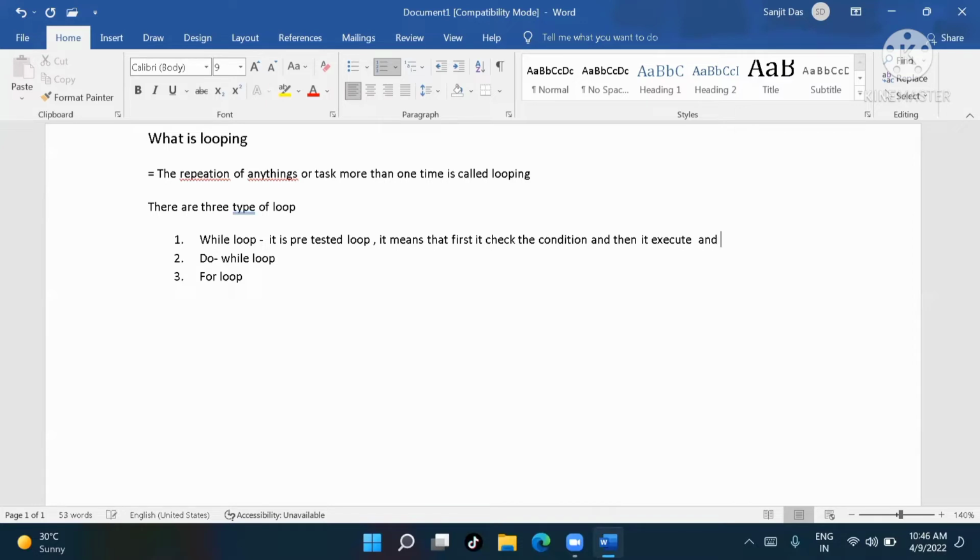If the condition is true, then the statements within the loop get executed.